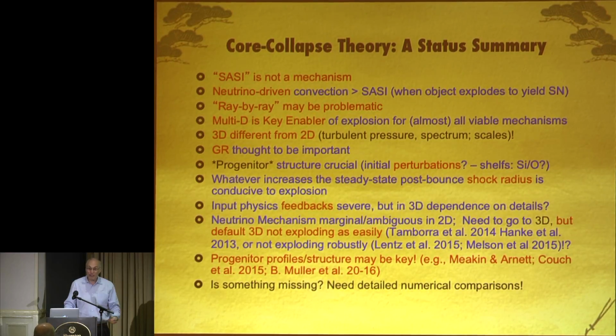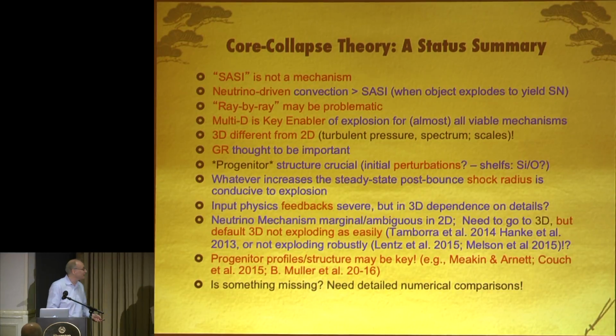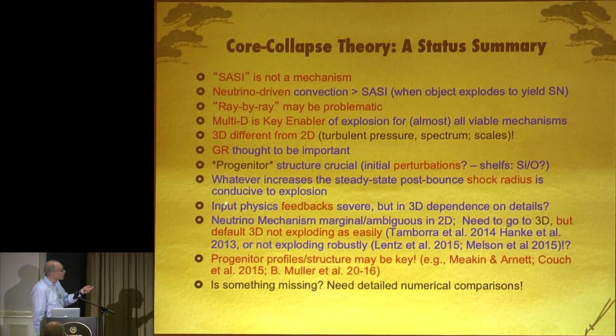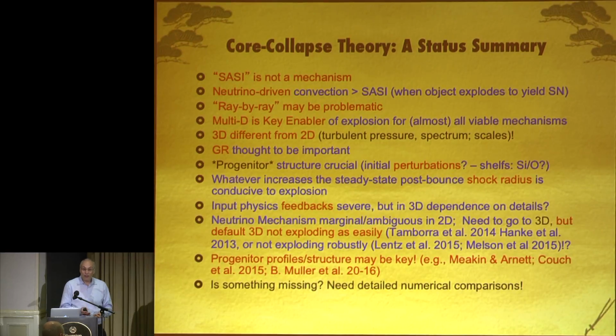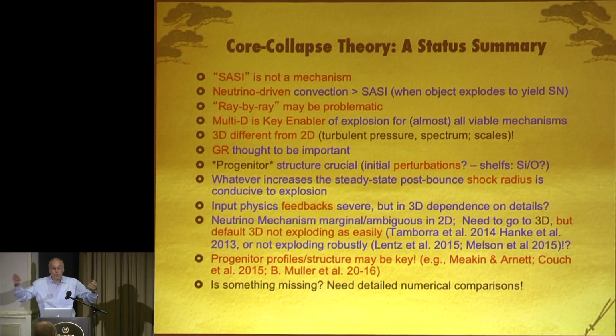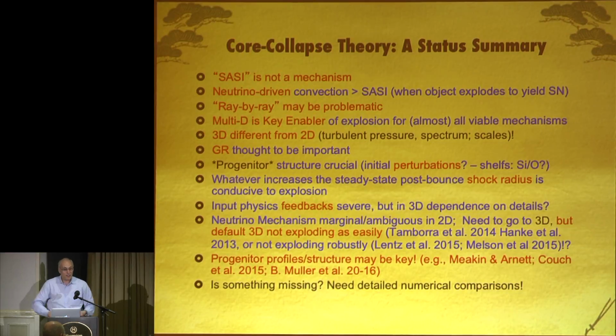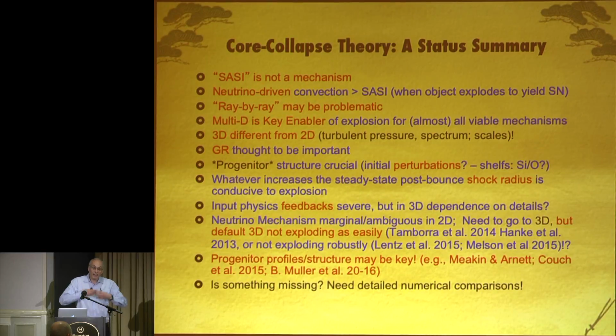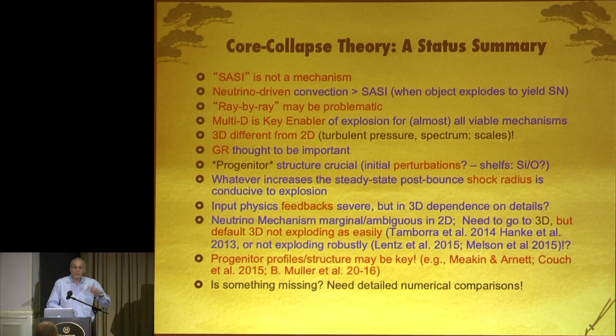And because this is a turbulent medium, the results are going to be stochastic. The same progenitors are going to give different results. And so we have to understand it statistically, which is a pain for us. So not only the progenitor is important, but when you get to multi-D, the details of the input physics are starting to become important. But I'm optimistic now that there are tools and techniques and many groups that don't agree, so that it's a productive ferment on everything, that we are actually on the cusp of being able to solve this problem in the next few years.